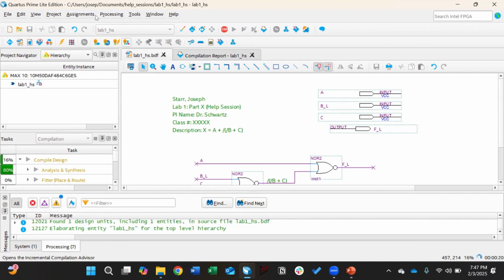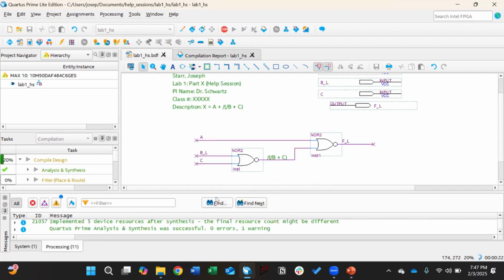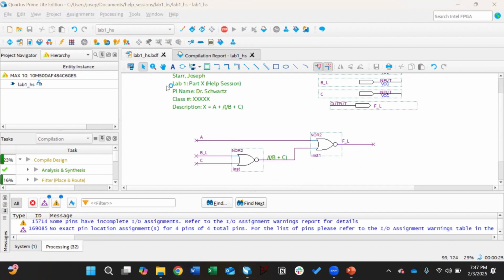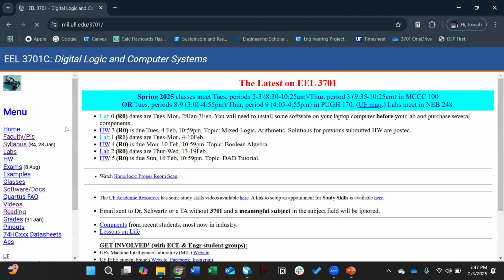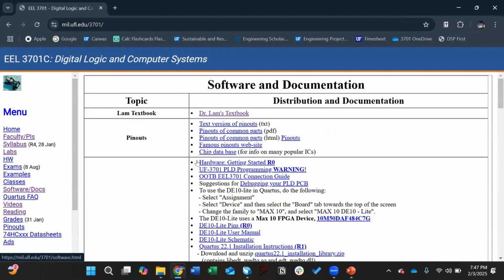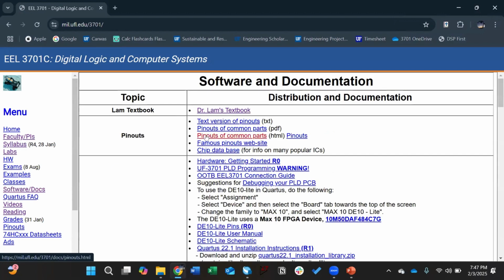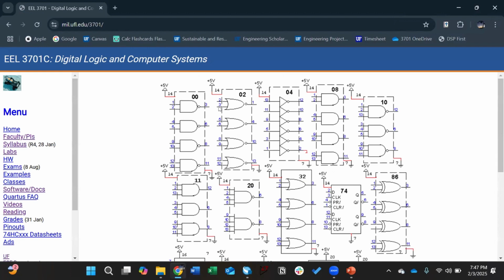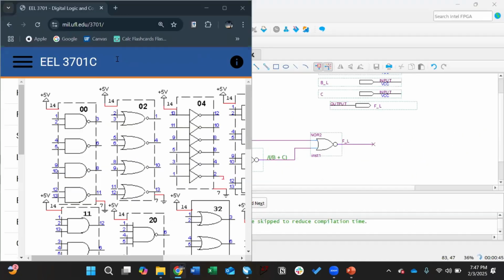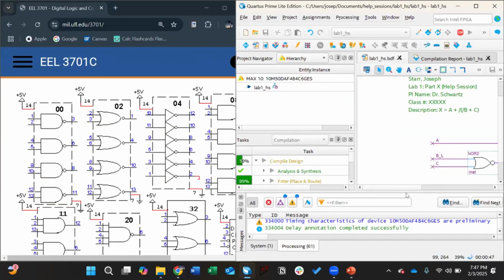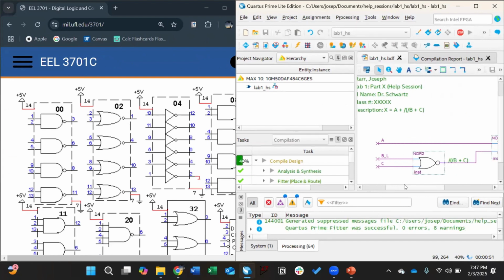Okay, all right. And then the other thing that you can either do on paper or in Quartus or both is, if you go to the website and then software docs, you can choose any of these. I like the Pinouts of Common Parts website because it loads really fast and it shows you the gate. So these are O2s that we're working with. So this is helpful for when you're actually building your circuits so that you know exactly what pin your inputs are going to. So I'm going to make this the first